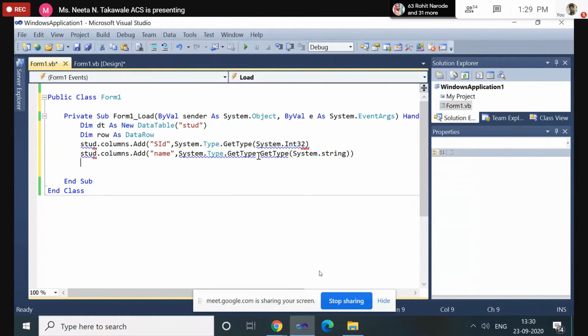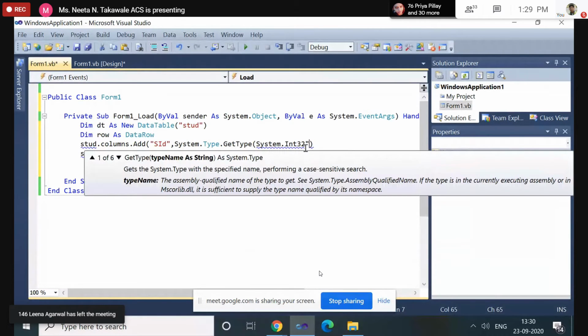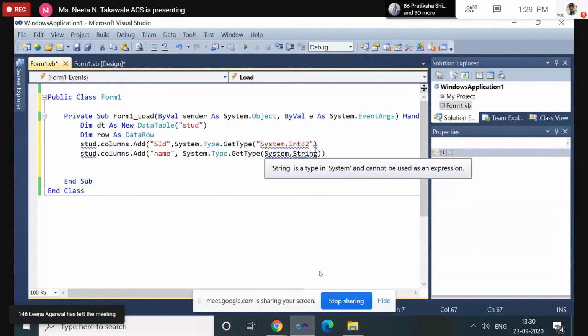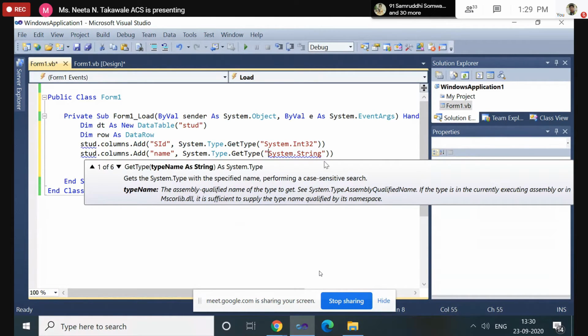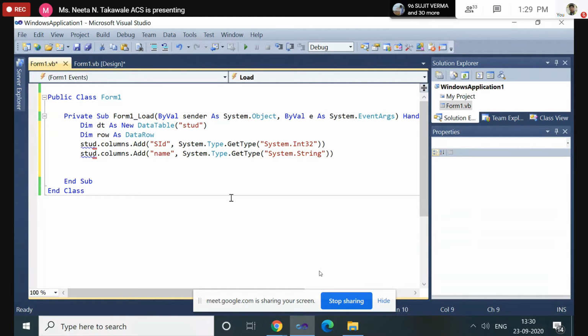System.Type.GetType. Now it is showing the error. Why is it showing the error message?